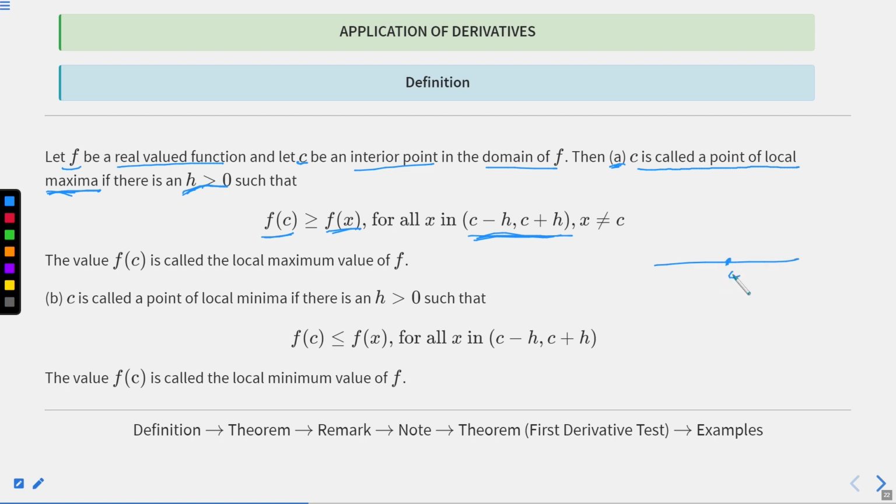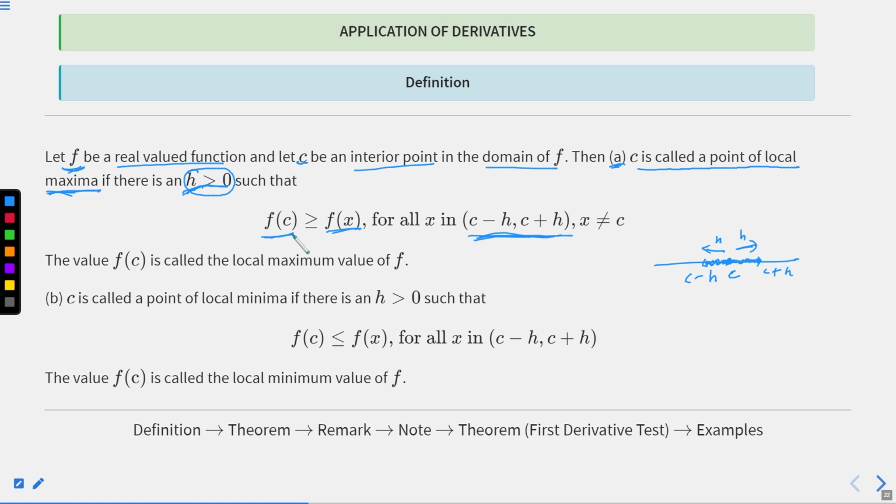Suppose this is your c, then if there is such an h, suppose you have some positive h, like this, then moving h units to the right hand side, this point will be c plus h, and moving to the left hand side of c, this point will be c minus h. So in this interval we are talking about, take any point in this interval, put it in our function, and